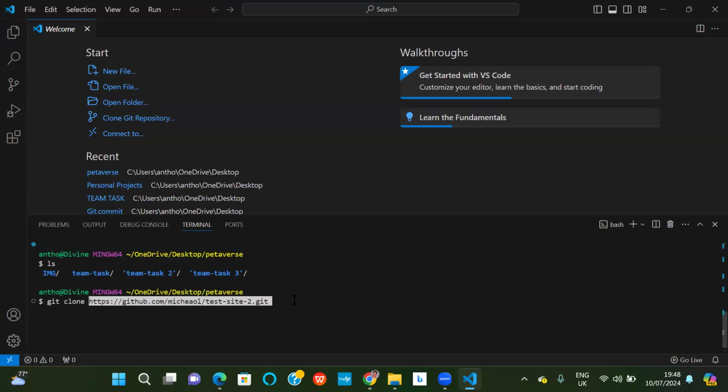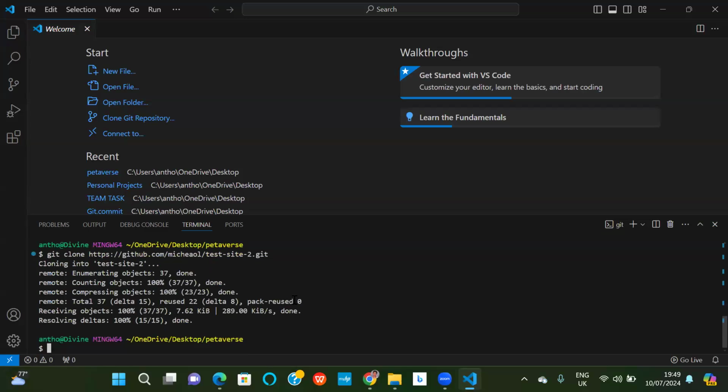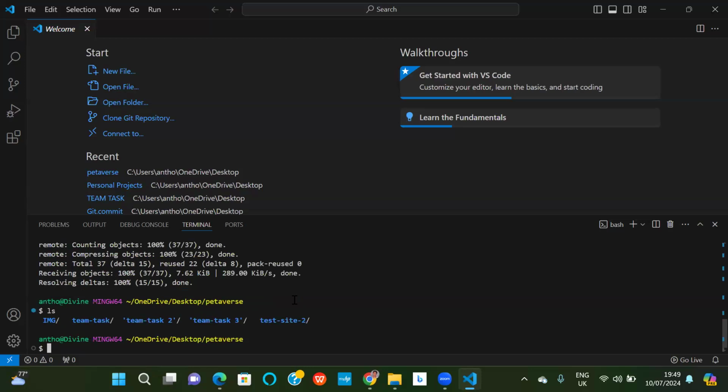Hit enter. Okay, so now we need to open this folder. If you ls now, you should see it inside that folder. Do ls. You see it's the last folder.